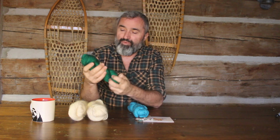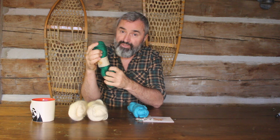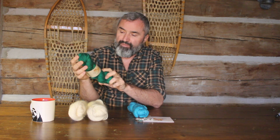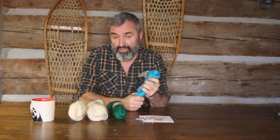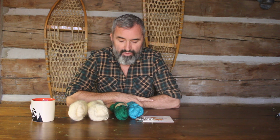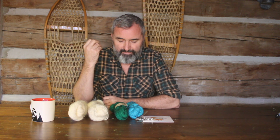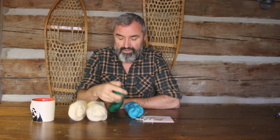and it's just incredible. She's using Blue-Faced Leicester, which I use a lot of, and I think there's merino in here as well, and this one has some nylon in it. It's a sock yarn, but the colors are spectacular. And the dyer, she's from Laval, Quebec, but she went to school at Concordia University in Montreal and studied chemistry. And so she really has a fantastic eye and understanding of natural dye, and the colors that she's pulling are